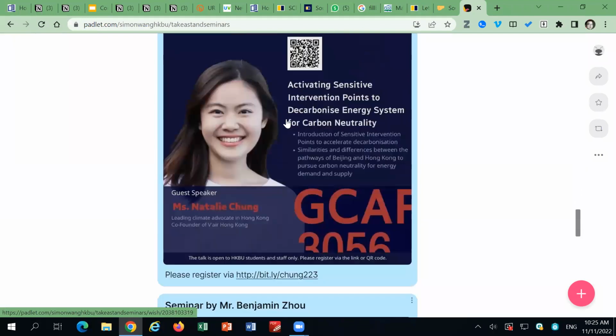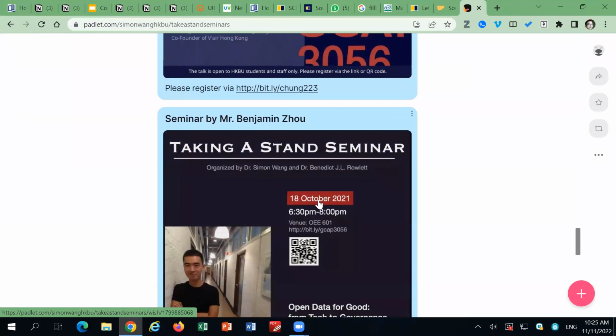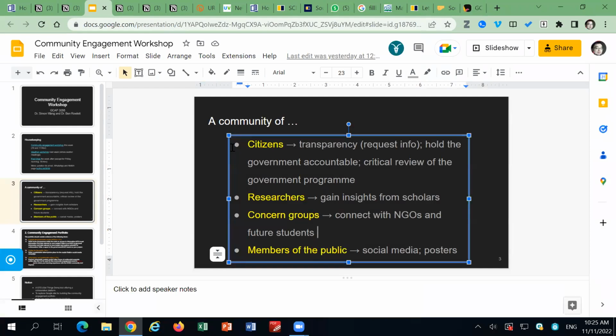So my point being, this is a great opportunity for us to connect with NGOs, and I would encourage you to do the same, to think about how your work can hopefully be beneficial for the NGOs, and also how NGOs can give you more advice or provide you with more resources, basically to explore different kinds of collaborative partnerships, right? And future students as well,